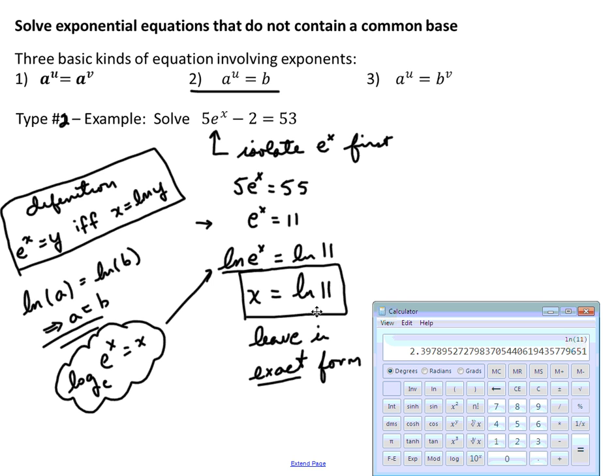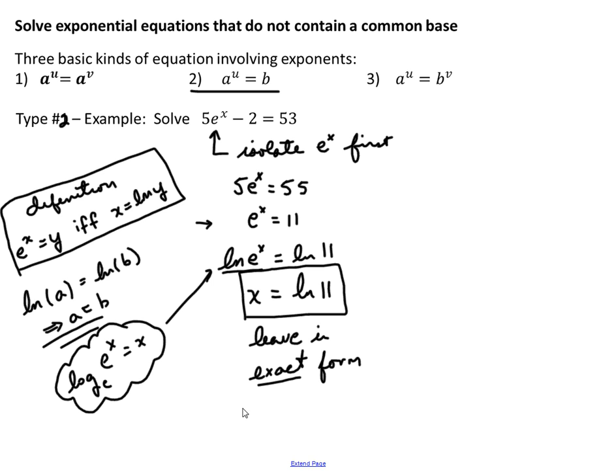So writing it as x equals the natural log of 11 is considered more exact, and that's the way we'll leave it. As a general rule, if you're solving these kind of exponential equations, leave it in exact form. An exact form would be the form that you would write when the very next step after it would be to use your calculator. Okay, more to come in the next